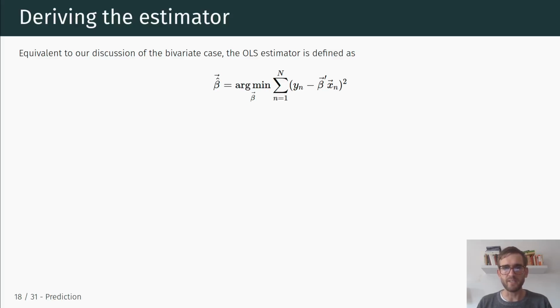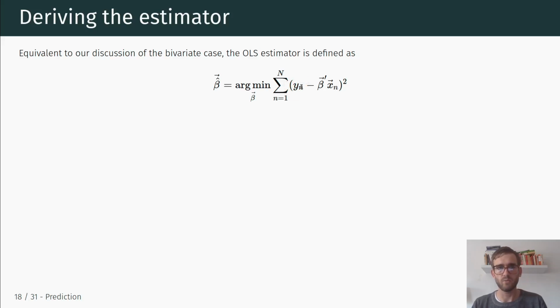Hi everyone. All right, so in order to derive the OLS estimator in the multivariate case, we start with the same definition for the OLS estimator, which is the set of parameters that minimize the sum of squared residuals. And so again, we're starting with beta hat being equal to the set of beta parameters in that vector beta that minimize the sum of squared residuals,